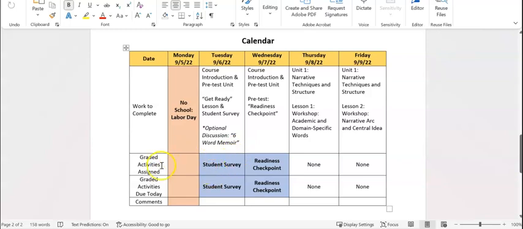So graded activities assigned for Tuesday the 6th: you will be taking the student survey, and the student survey is due that day as well. All right, and so then Wednesday,